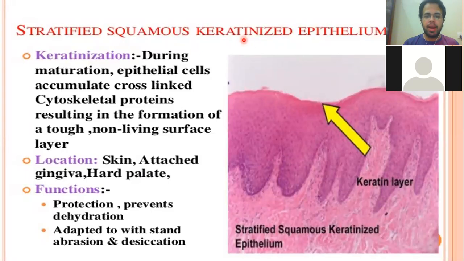Keratinized means that above the stratified epithelium, there are some layers which are made up of dead cells, and in these dead cells there is also a protein which is known as keratin, right? So if above the stratified epithelium there are layers which are dead cells and the keratin is present, then we call that kind of epithelium the stratified squamous keratinized epithelium.